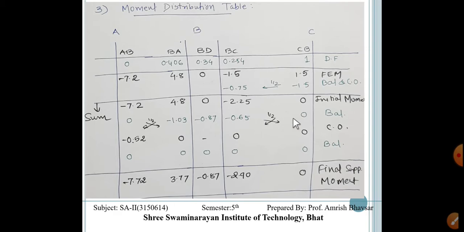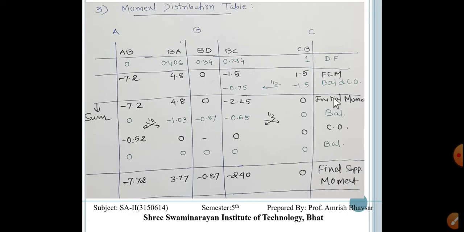Now after balance we have to go for the carryover. The carryover of minus 1.03 over here is minus 0.52, and this is half of 0, that is 0. Here no carryover, here 0, right. Whenever our cycle of balance and carryover is going on, our last step must be balance. So again we do balance over here, and this 0.52 is multiplied with this 0, so we get 0. These three multiplied with whatever is 0, and here it is 0.